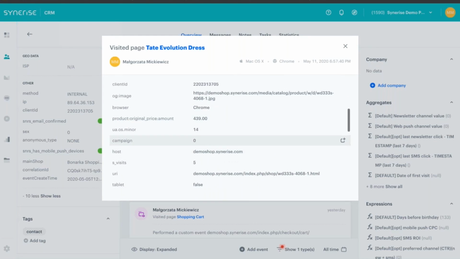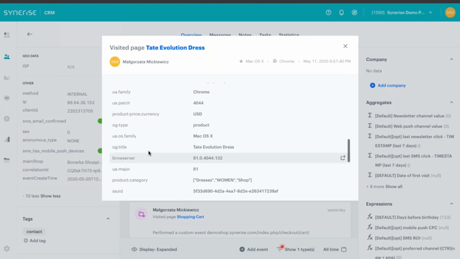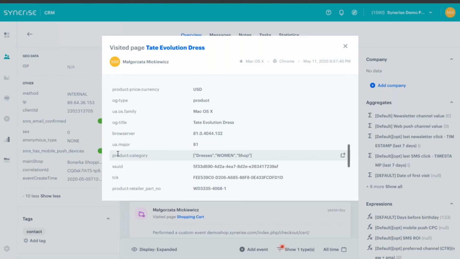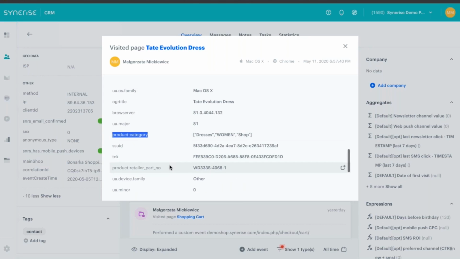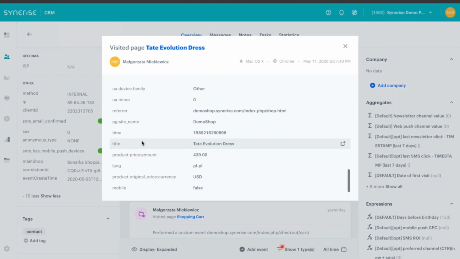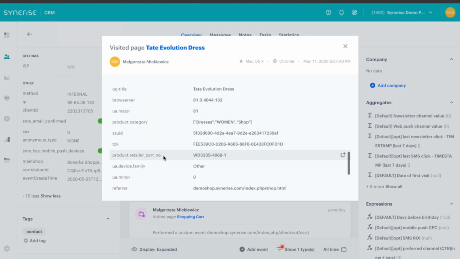So what can we see here? For example, we can see the name of this product, the product category, the title and price, and many more. We also have the parameter called product retailer part number. This parameter stores the information about the ID of the viewed product. Every product on your website should have a unique ID, which we call SKU. We use SKU to get more information about products from the product feed or from the catalog with all products from your website. So let's copy the name of this parameter